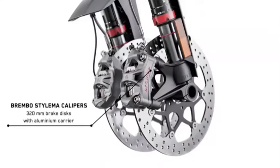Brembo Stylema monoblock calipers are the chosen stopping force behind this precision machine. Lightweight, stiff with optimized airflow to the brake pads, reduced brake fluid volume, which reduces lever stroke. Compared to the KTM 790 Duke, the KTM 890 Duke R gets larger floating brake discs,